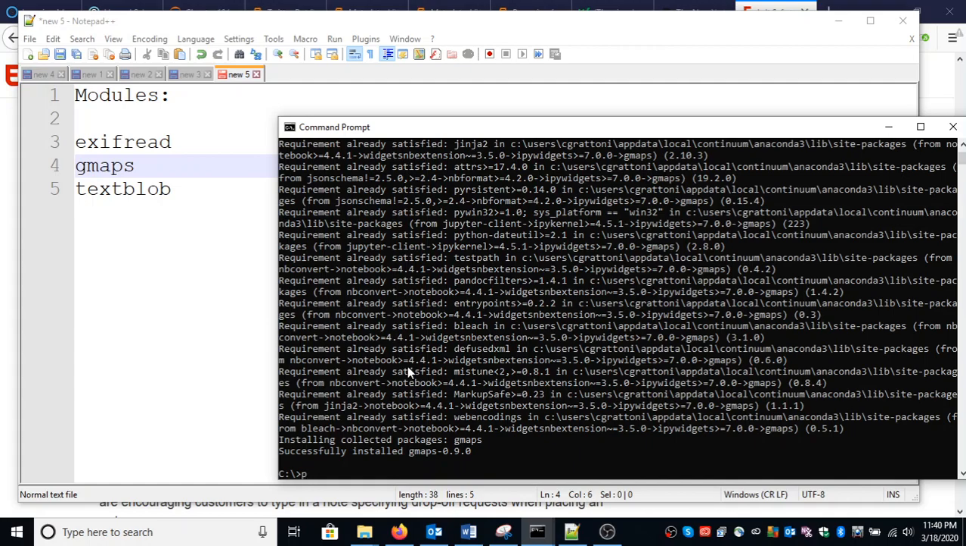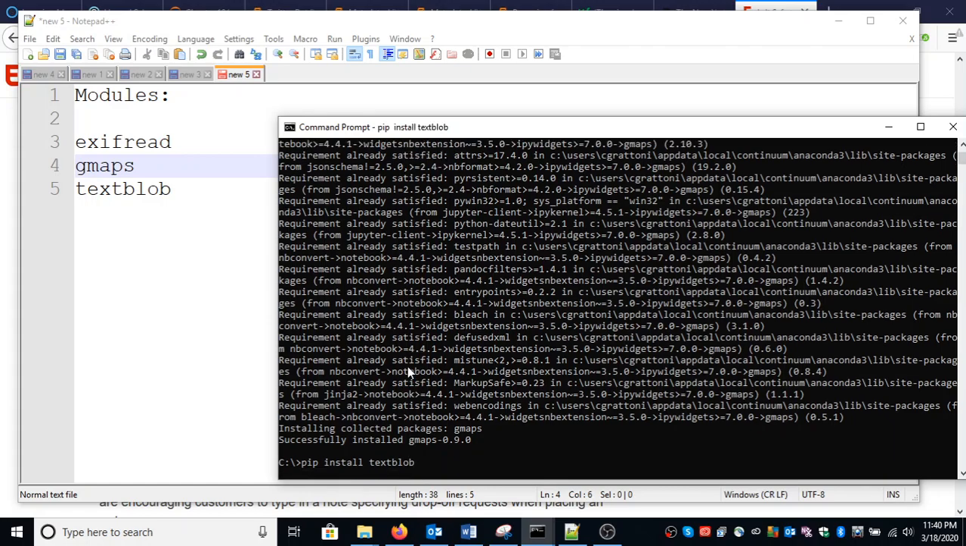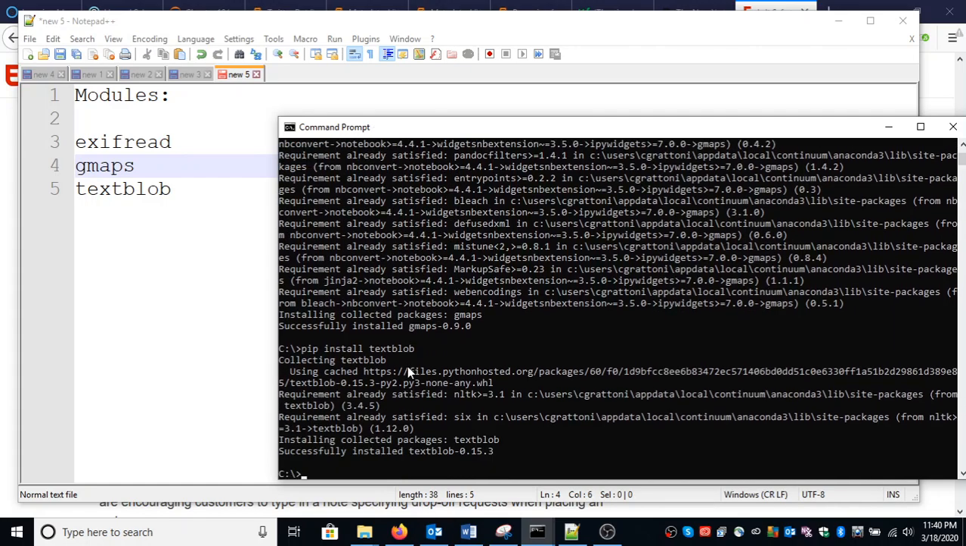And finally, I'm going to do pip install TextBlob. TextBlob is a natural language processing module that we're going to use for sentiment analysis. Alright, so I have now installed all three modules. You can head back into the Python notebook, the IPython notebook, and you can test out a few code cells,